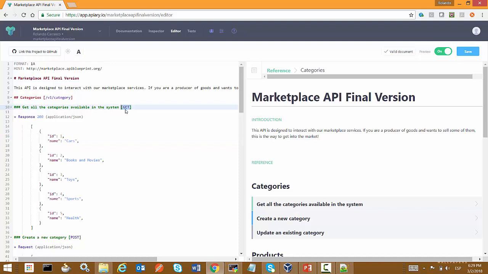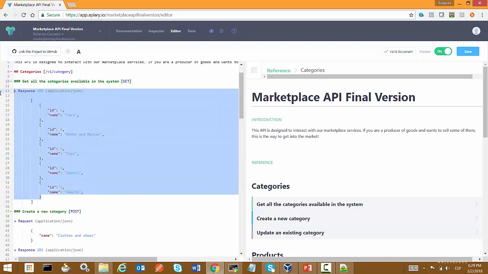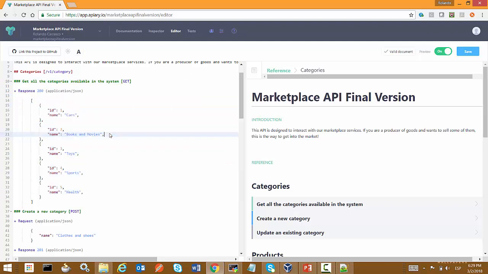I'm using the GET HTTP method in order to get all the categories available in the system. I'm defining the response of the resource. I have different kinds of categories like cars, books and movies, toys, sports, health, and others.